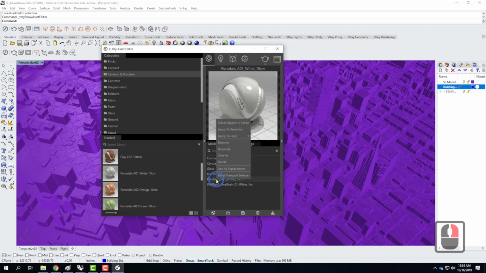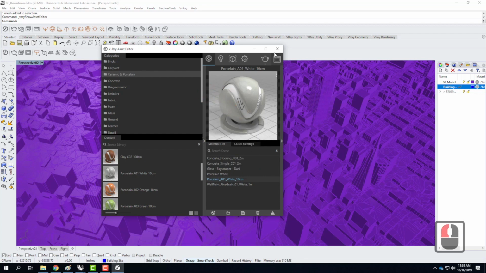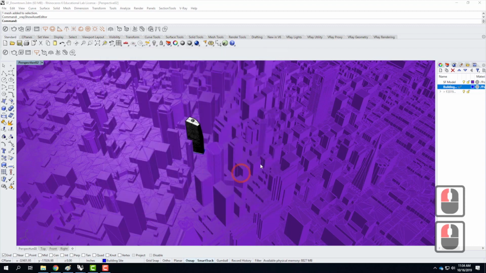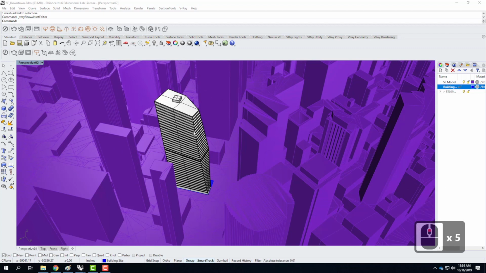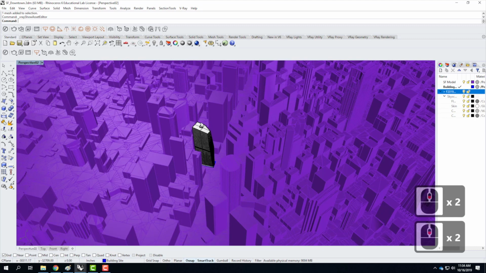We'll go ahead and right-click on it and say Apply Material to Layer. And it's going to be the SF Model layer. It's also going to be applied to my base, my building site. So it's applied to both of those. That essentially makes the entire backdrop of this white, and then my building has its materials already applied to it. We can see those right here under my skyscraper. So now that we have those applied, we have our materials ready, it's time to think about the sunlight and